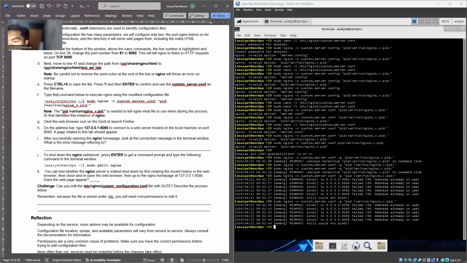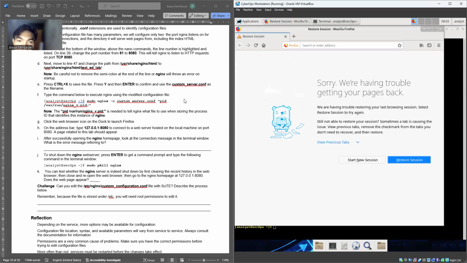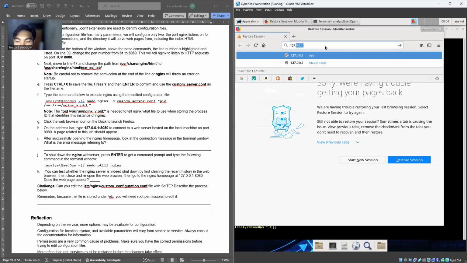Click the web browser icon on the dock to launch Firefox. Okay, it's open. On the address bar, use 127.0.0.1:8080.